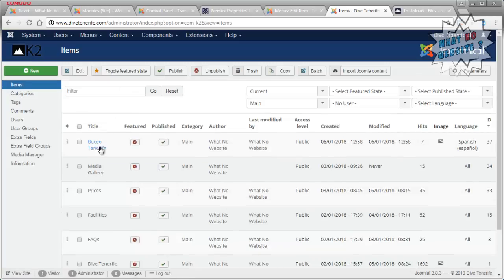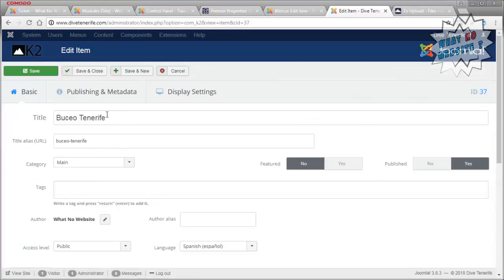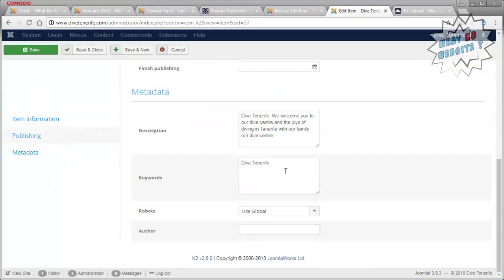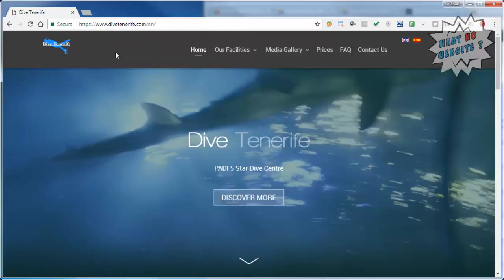So now I'm going to go into the Spanish version. I'll just copy this, go to the metadata, and change that to Spanish. Of course, we're going to need some more in there in a moment. In fact, I'll leave that empty for now. Or not. No, put some in. Save and close. Right. Of course, we need content in that article, but I'm going to show you very quickly